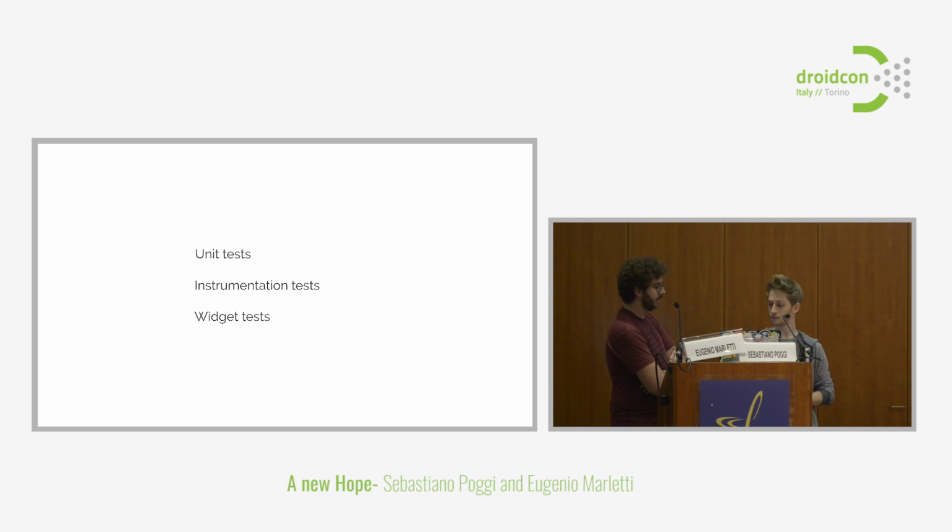And a fun fact, the way widget tests work, the side effect of that is that, as Eugenio mentioned, you can build and lay out UI outside of the UI thread, and you can do that off screen. So you can basically lay out the whole screen without ever getting that to the screen. And if you remember from earlier, we showed you the re-implementation in Flutter of the event details page from the Droidcon app. So you actually use that to define how tall the app bar is supposed to be.